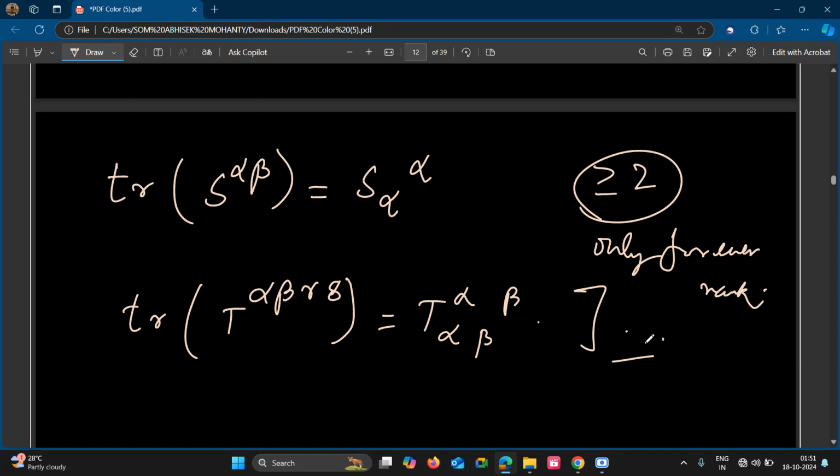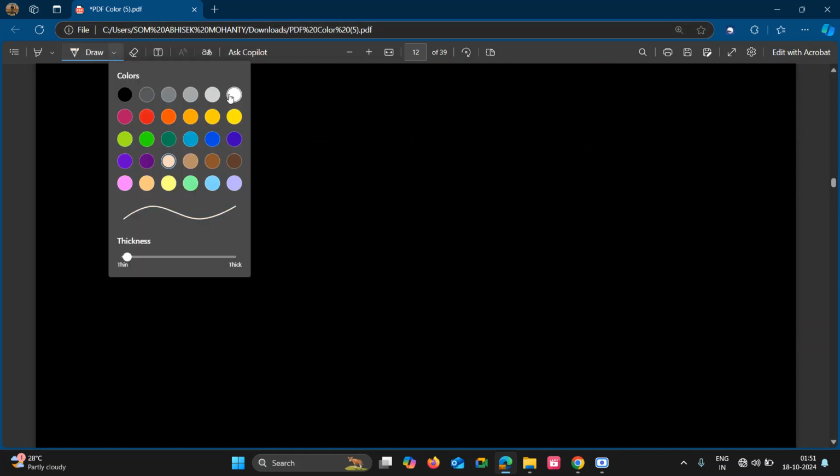Next, right now, I will just give you an introduction to the metric tensor, which we will study in the next class. Just a brief introduction of it. The metric tensor, which is very important. So suppose